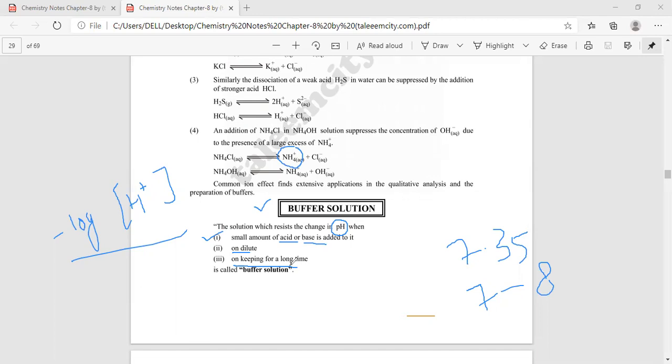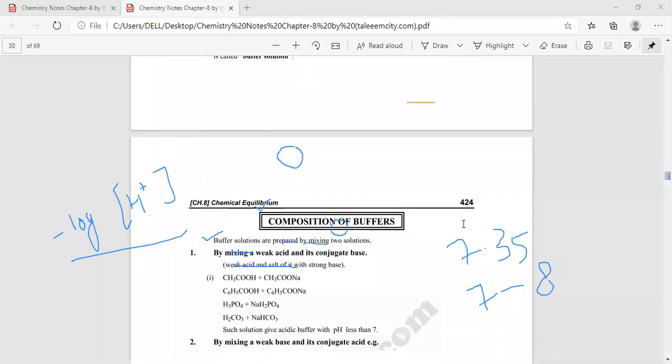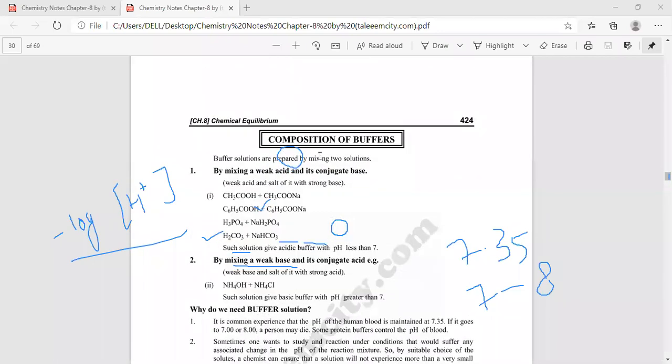अगर बफर सॉल्यूशन प्रिपेयर्ड है तो जो भी आपका सॉल्यूशन है उसकी पीएच मेंटेन रहेगी, उसमें बहुत ही माइनर चेंज आएगा एसिड बेस डालने पर या डाइल्यूट करने पर या लॉन्ग टाइम तक उसे प्रिजर्व करने पर। अगर आपने बफर सॉल्यूशन प्रिपेयर नहीं किया तो जो आपके सॉल्यूशंस होते हैं स्पेसिफिक पीएच के, उनकी पीएच डिस्टर्ब हो जाती है। सो ये कैसे होता है, लेट्स सी different types of buffer solution, how we can prepare the buffer solution. Now we are going to discuss about this.